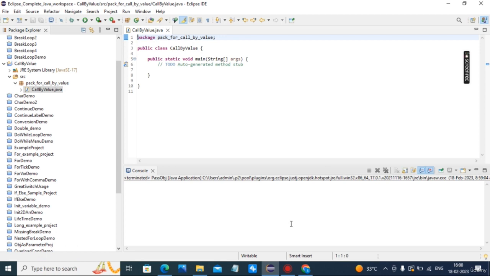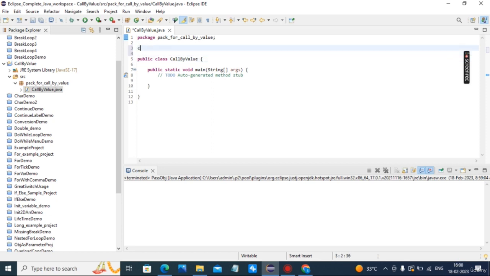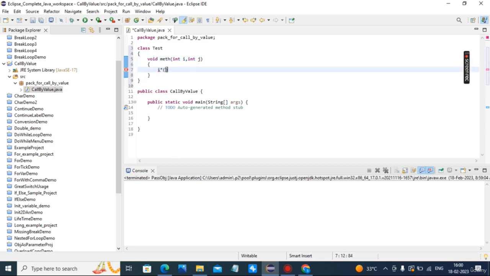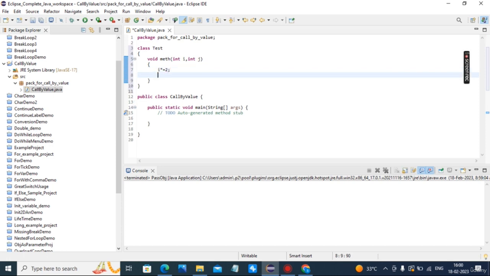For this, we create one test class with a method taking I and J. I *= 2, that means I is equal to I into 2. J /= 2, that means J is equal to J divided by 2.